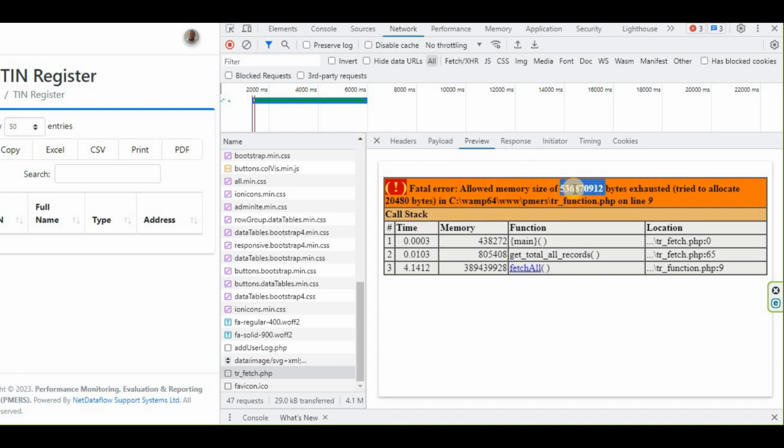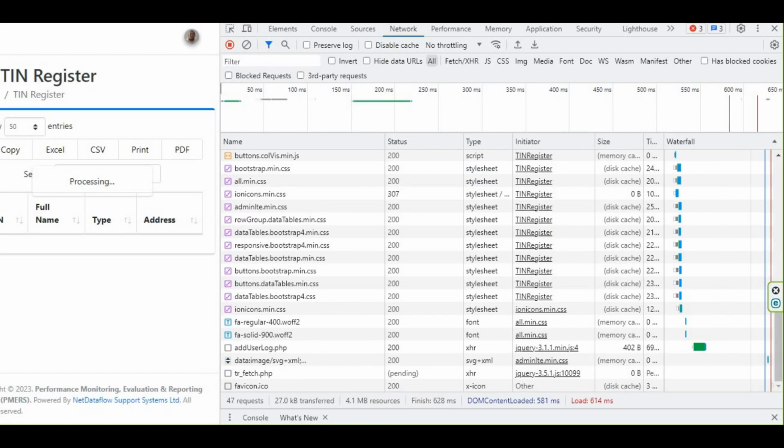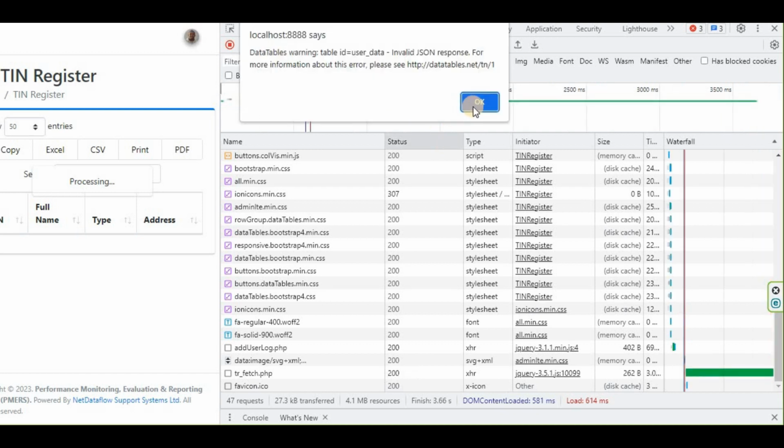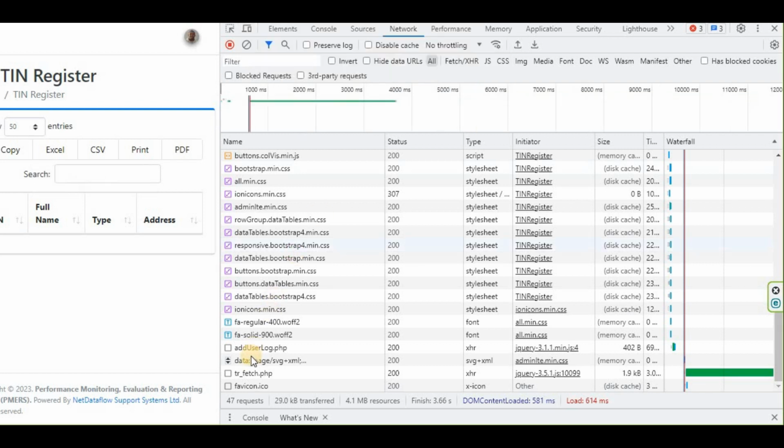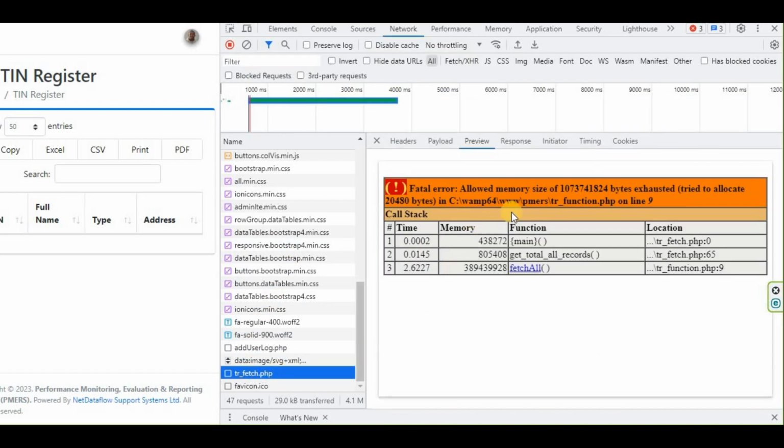Okay, let me refresh the page again and let's see if the error will show. You see the error is still showing. Remember, we moved from 512 meg to 1 gig, and now let's check the page again. Sorry to say, the memory limit was actually upscaled to 1 gig, but the error still remains. So what is the easiest way to eliminate this error? It is simply to assign your memory to